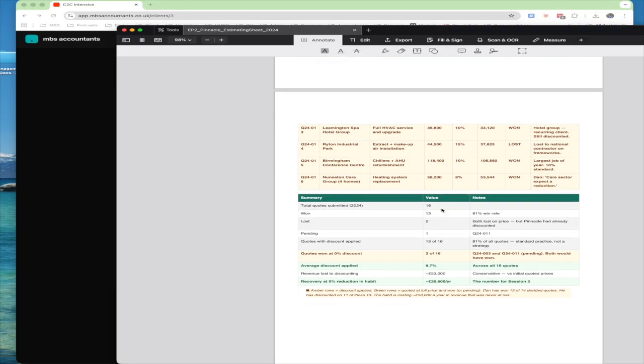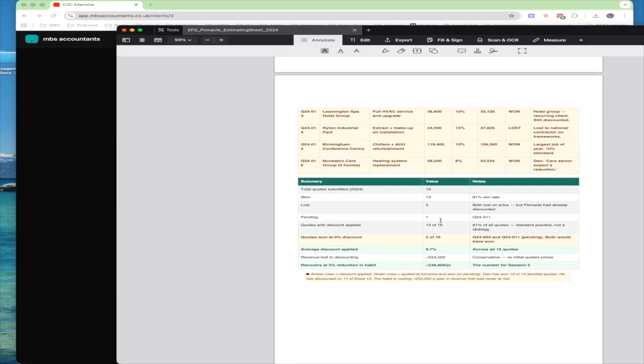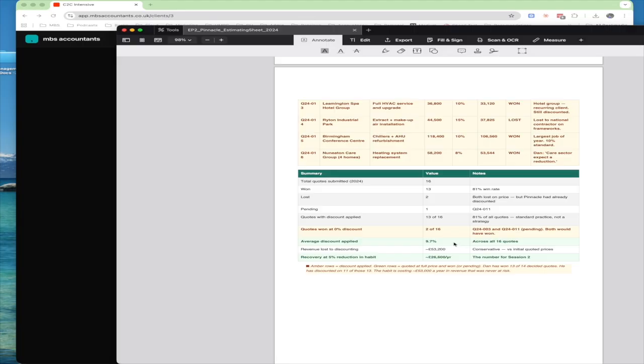So in 2024, there were 16 jobs. They won 13 of them, though they lost 2. 81% win rate is massive. Yeah, it's just huge. Wouldn't expect to be winning 81% of them. The average discount that they applied was 9.7%. They lost revenue of that at 53,200, with recovery at 5%